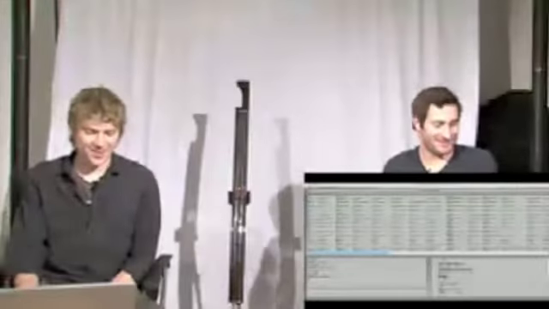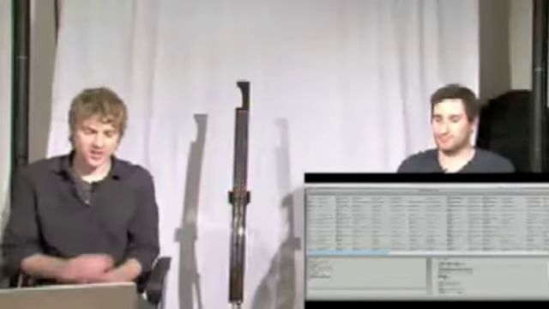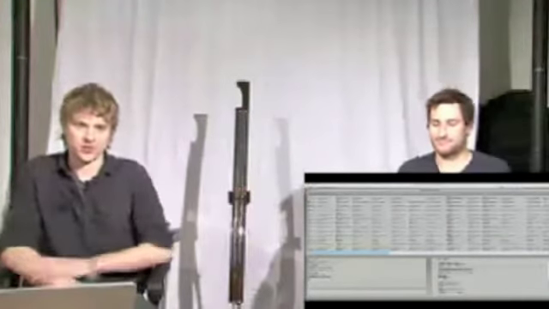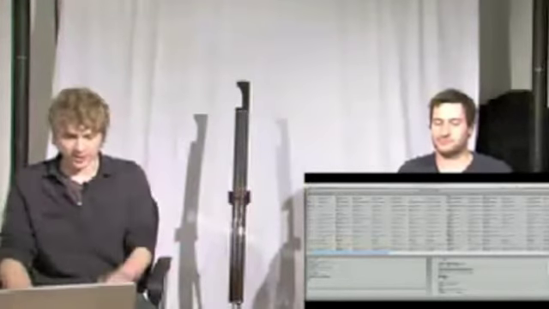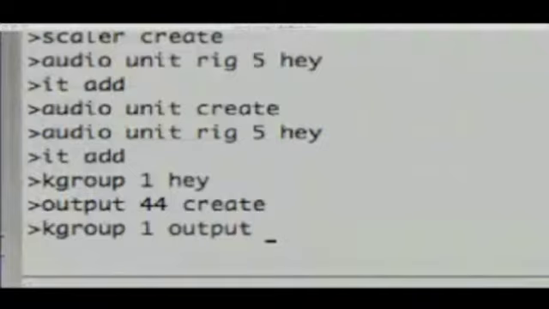Okay, so K group 1 output 44, correct. We'll just leave it at that for now. And then we need to connect K group 1 output 44 to the new recorder. So I simply say K group 1 output 44 to audio unit